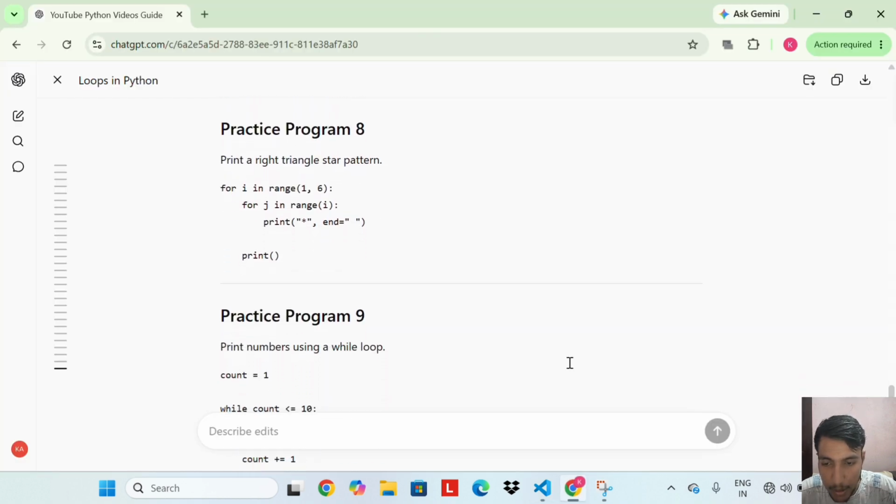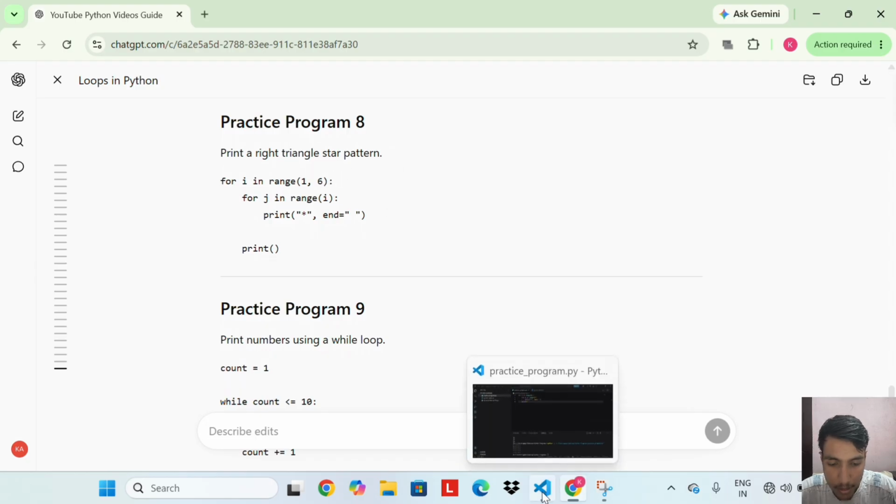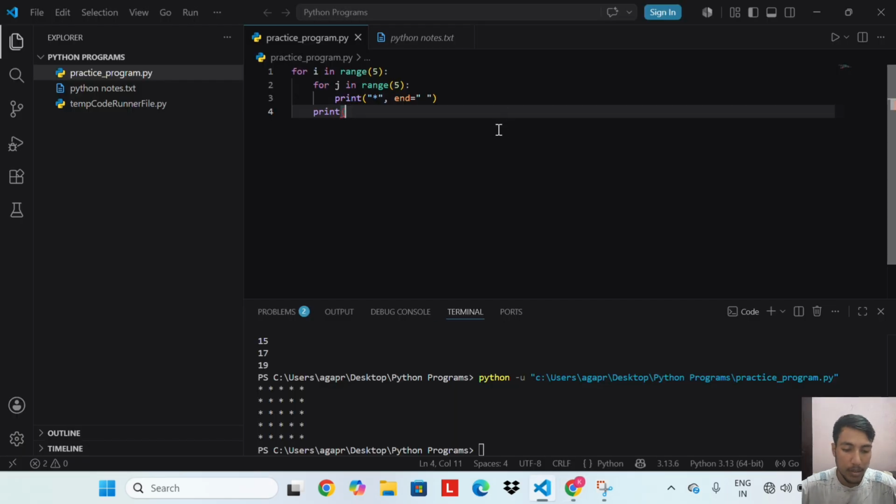Practice program 8. Print a right triangle star pattern. So let's run this.